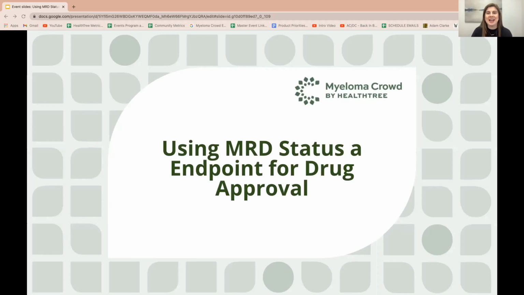So the topic today is using MRD status as an endpoint for drug approval. And I wanted to include this topic because although MRD testing is becoming more widely accepted and performed, experts still disagree on what to do with those results. One of the questions that they have is whether or not to use MRD status as endpoint for drug approval